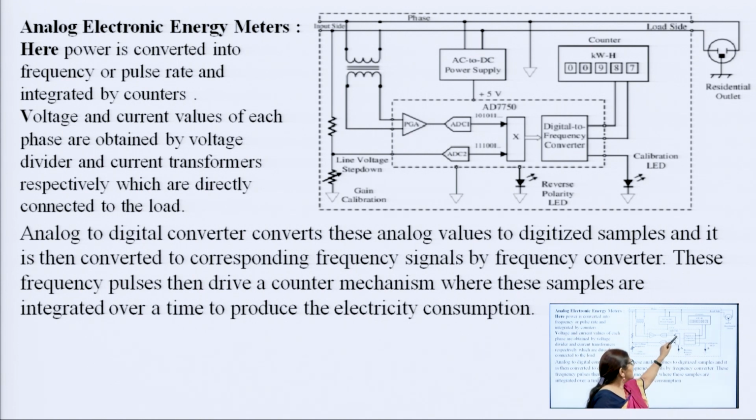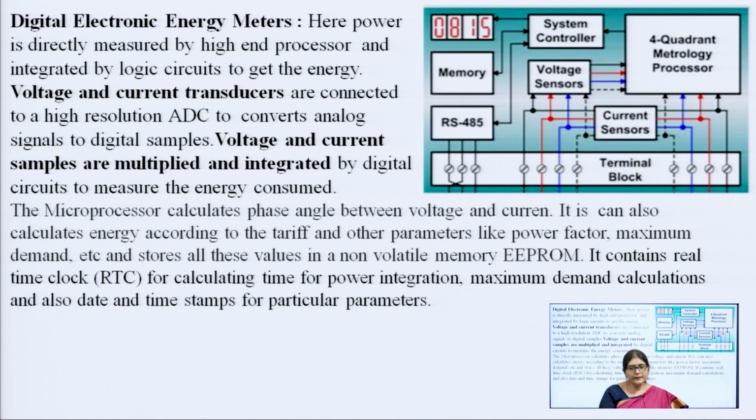Here this is a multiplexer circuit. It will select between the voltage and current, and then feed it to the digital to frequency converter, which converts it into pulse form, and that is counted by the counter and displayed by the 7 segment display unit. Similarly, in the digital energy meter